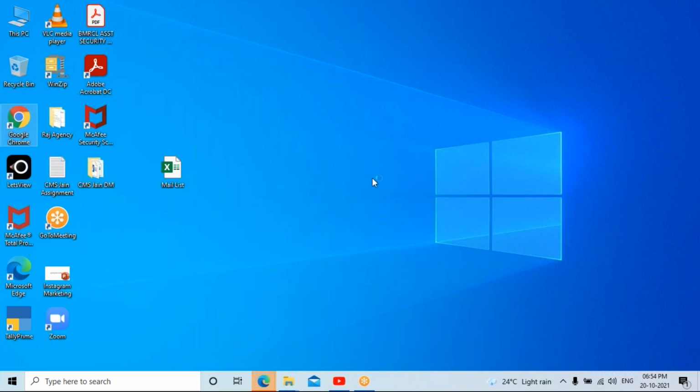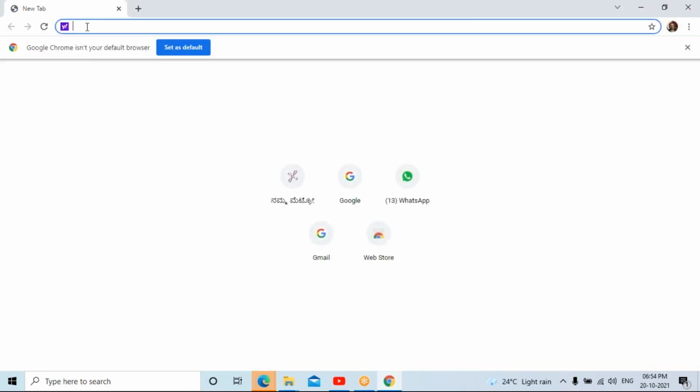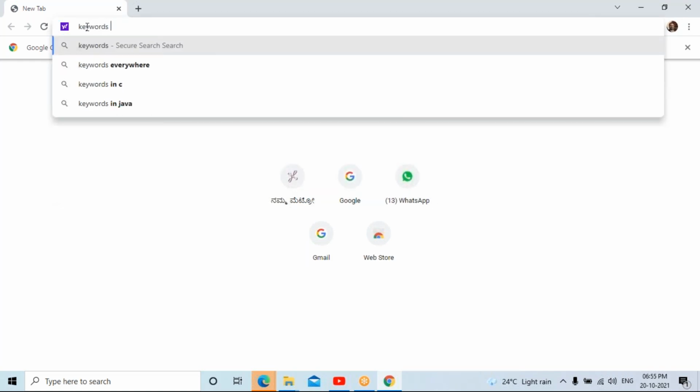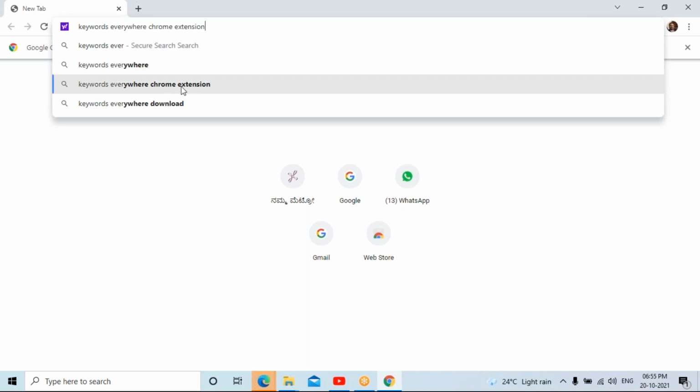I'll go to Google Chrome. Let me type Keywords Everywhere Chrome extension.